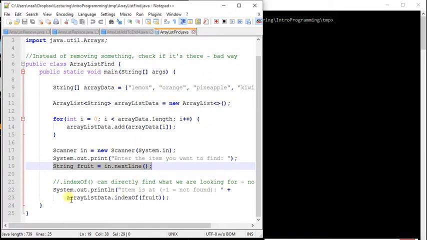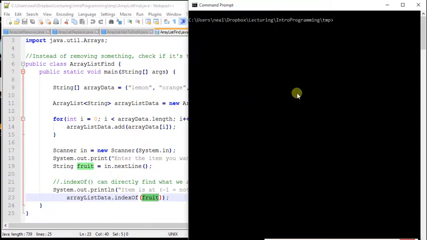Now, when we call this array list data index of with the name of the thing we're looking for, this will return either -1 if the thing we're looking for isn't there at all, or it'll return the location in the array list of the item we're looking for. So if I run this,